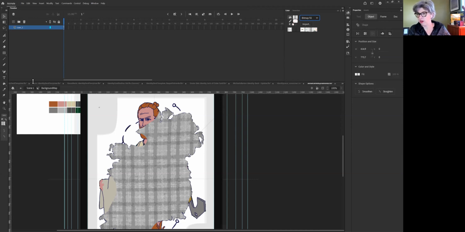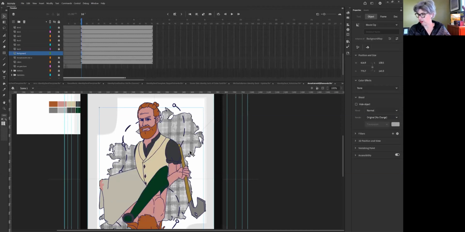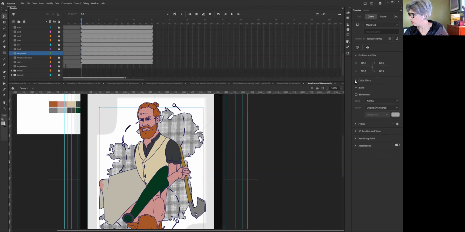Okay, so the next part of what I wanted to show you is, here it is behind there. It looks fantastic already, but your goal was to have it be green. So we're going to go into the properties. It's already selected. It's got that blue box around it. Go to properties, and where it says color effects, right now it has none. If you don't have properties up, you go to window and choose properties. I'm going to choose color effects and go to advanced. You could just do tint or something, but advanced is the better one, because if you take red